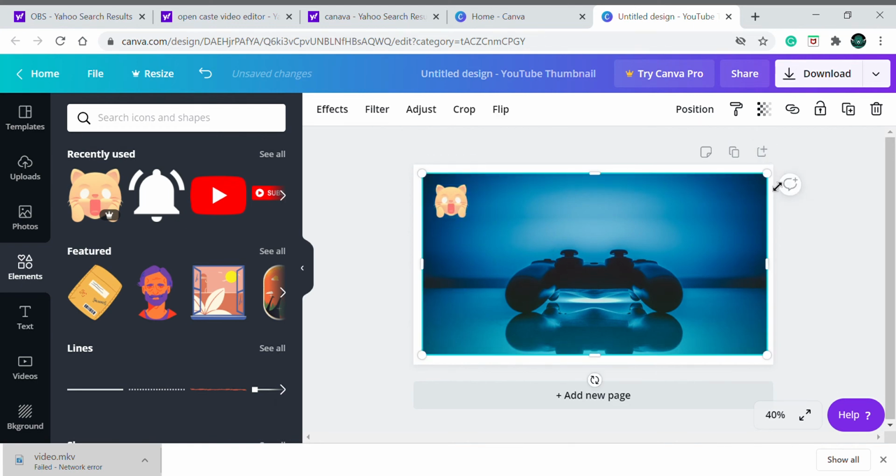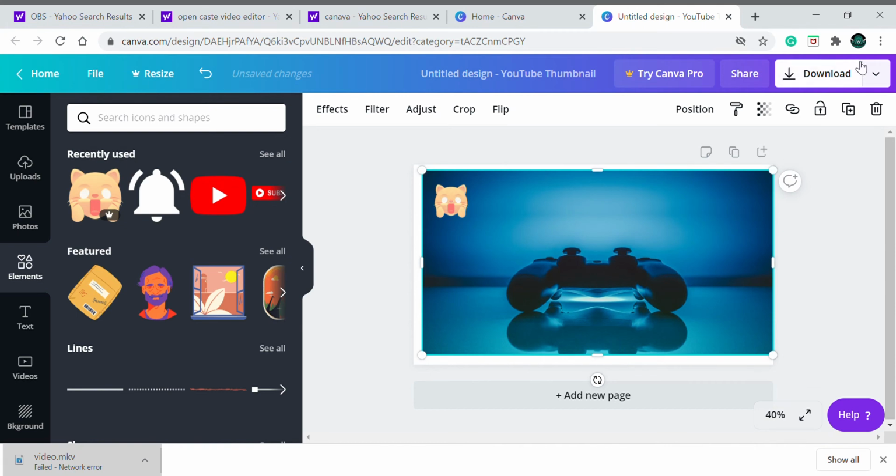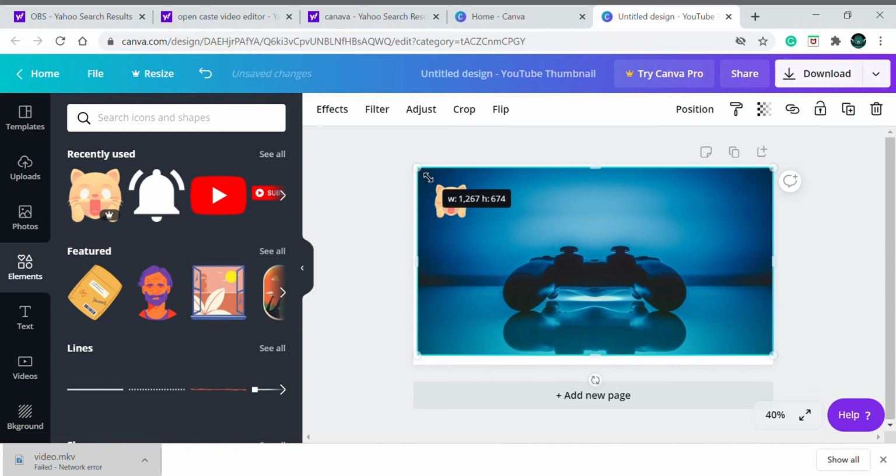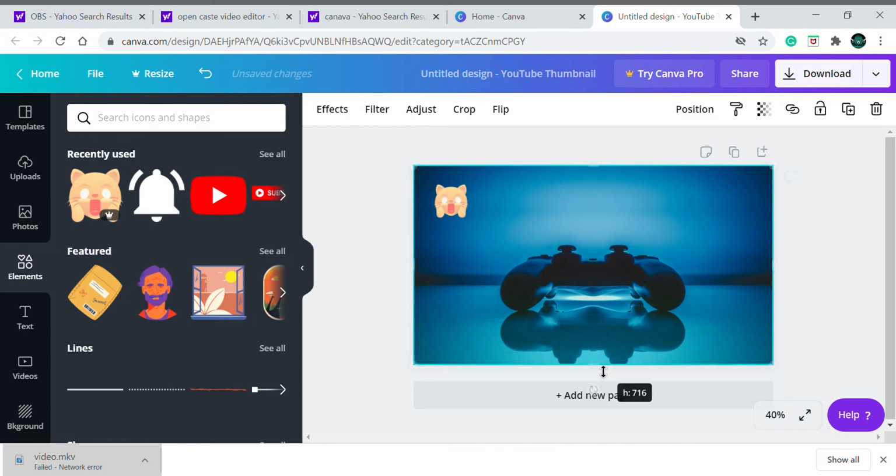So now here it is, guys. If you click download, we have a pro picture, guys. So we can't download it. We have to give real money. So for that, the best step is to open